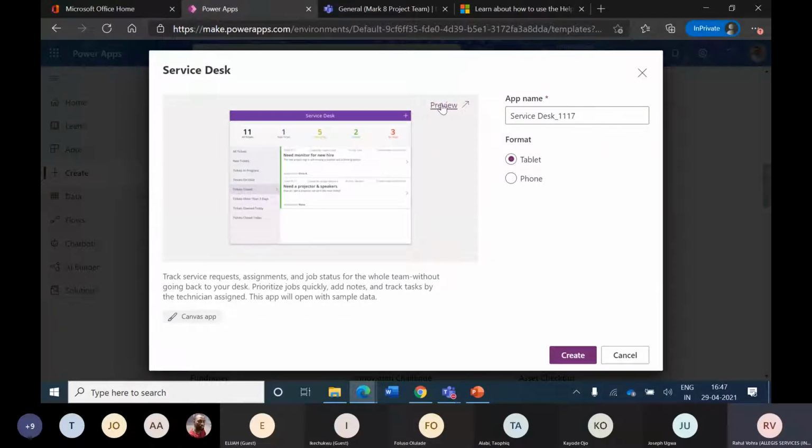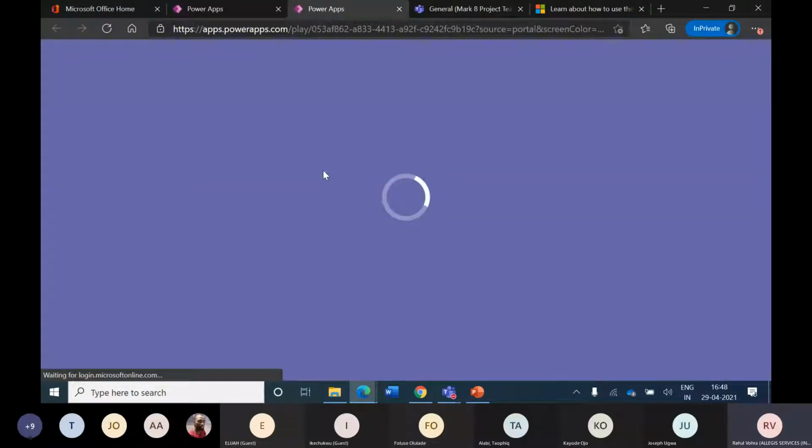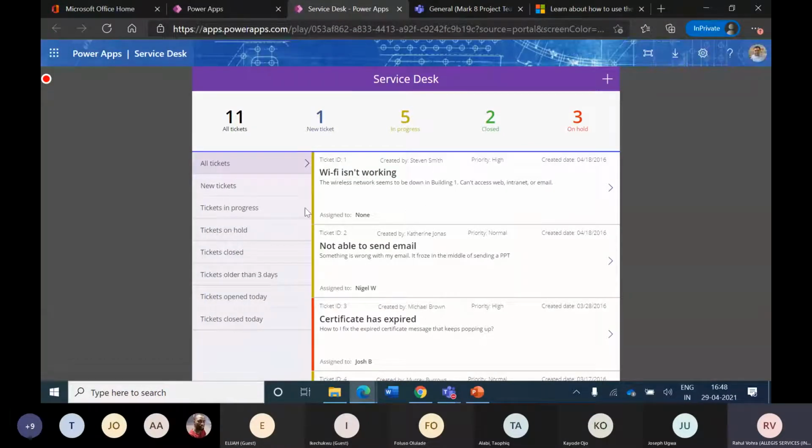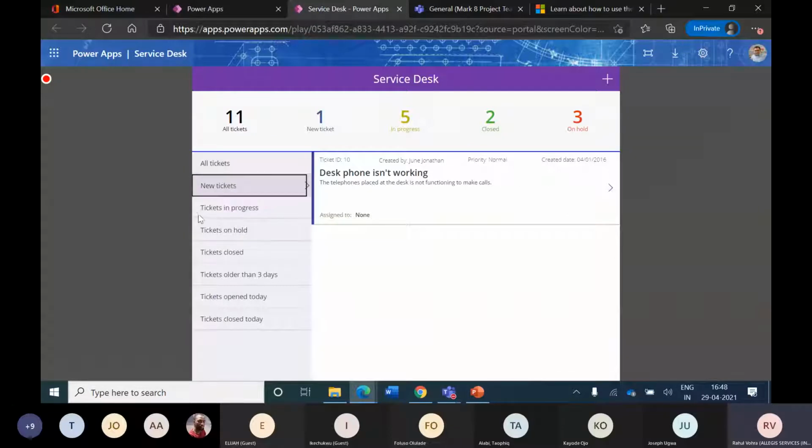As you can see here, there is a preview option. If I click on this, it leads me to an environment where I can do a sort of walkthrough of the app and understand how it functions before I actually deploy it. So in that sense, it saves a lot of effort. I would know exactly what I am getting into, what this template is going to offer.